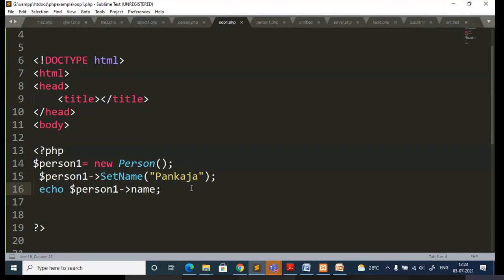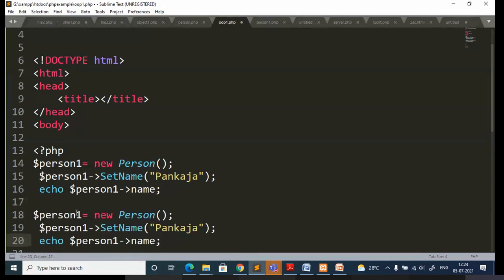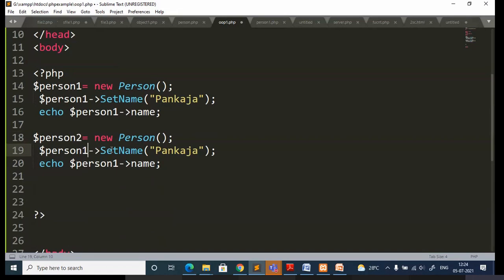It is going to set the variable name, and that variable I am just trying to echo using this object. Similarly, you can create another instance of the class. You can just copy this. You need to give a different object name. Let me give a different value so that you can differentiate. Name, set.